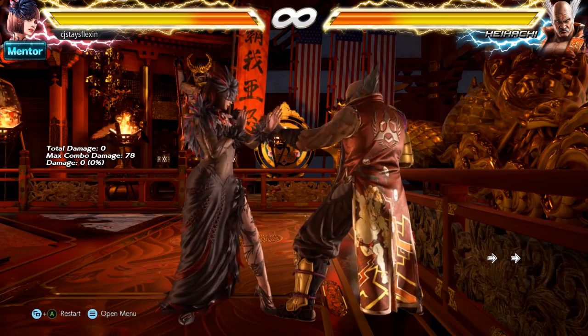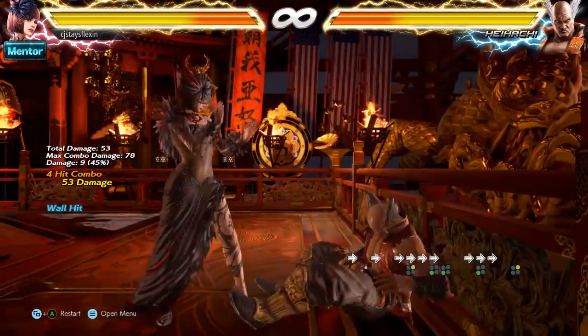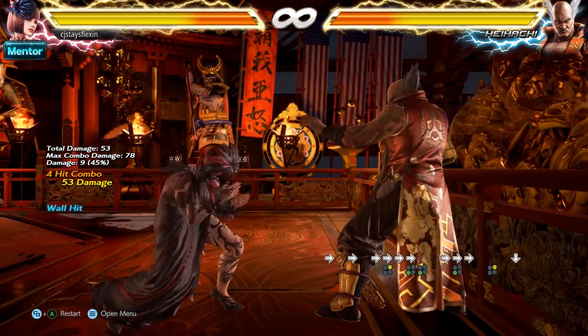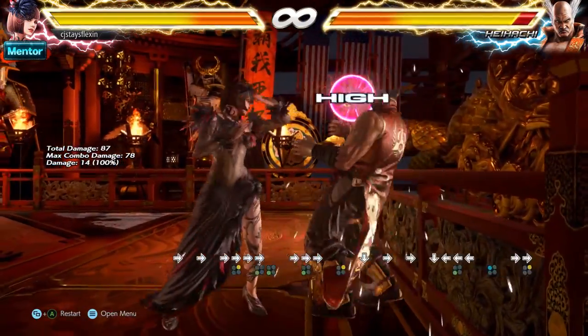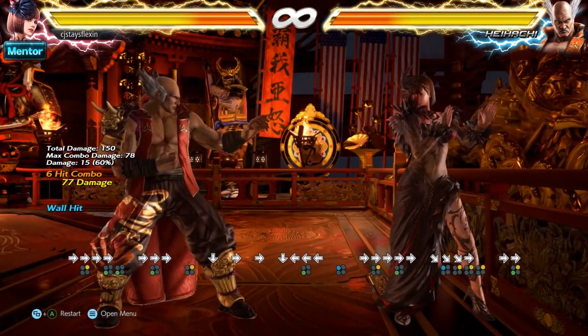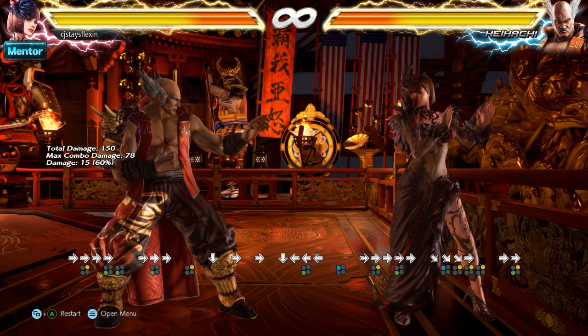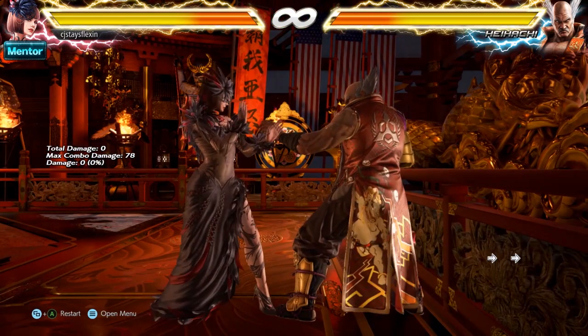Also by the wall, this wall splats. You know what I'm saying? You can do this right here. That's great wall pressure, and see, your back is against the wall now and your opponent is behind you. So keep that in mind. Also you can